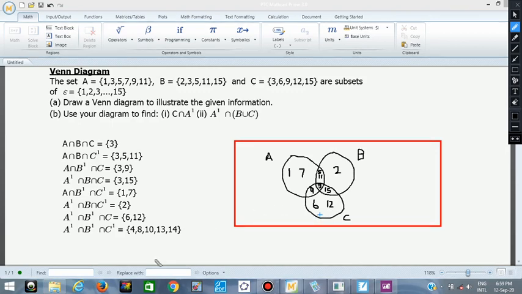So you can see it now. Then finally, elements that are not in any of them, we don't have them in A, B, and C, which is this one. That is 4, 8, 10, 13, 14. So this will be outside the circle. See, 4, 8, you just write them outside. They don't have any space inside the circle. They cannot come inside the circle because they are not present in any of the sets A, B, and C. That is 4, 8, 10. Write them outside. 4, 8, 10, 13 and 14.